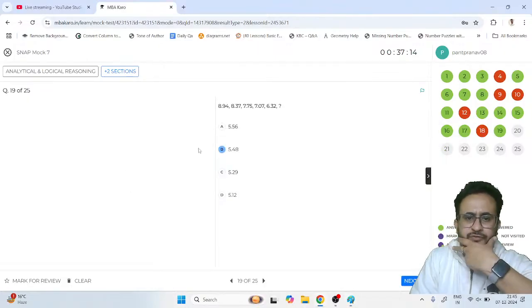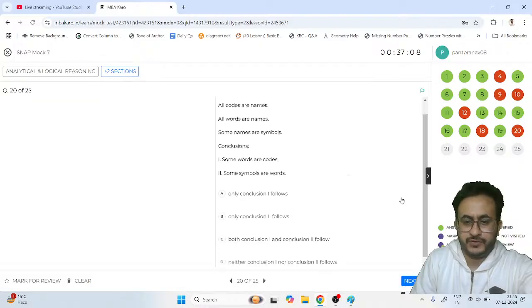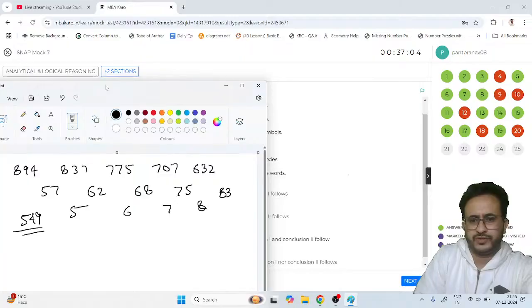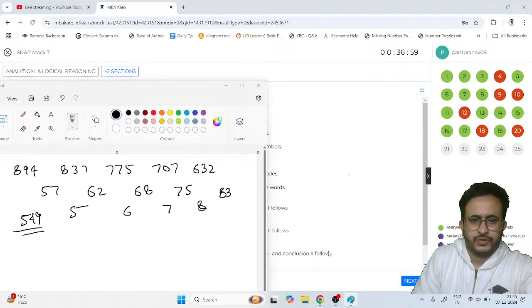So maybe 5.48, something close to that we will choose as the answer. Okay, last question I'm attempting, then we will switch on to the quant. Although we have enough time, we can take 2 more minutes and then switch to the quant section. So this one says that,